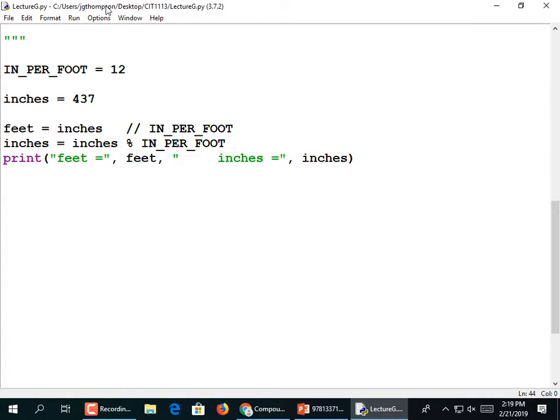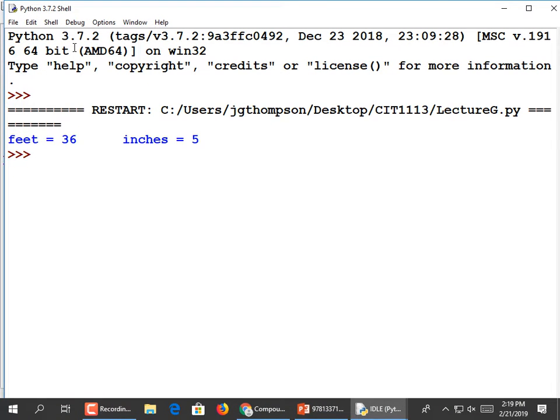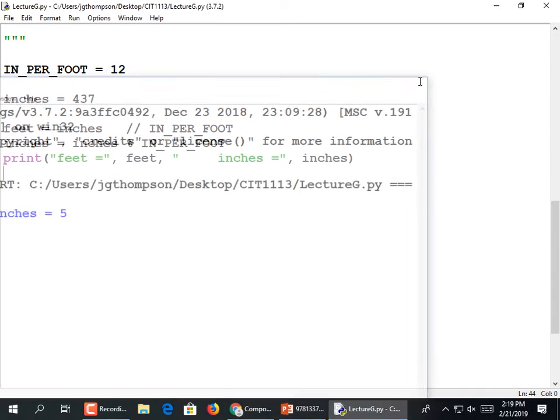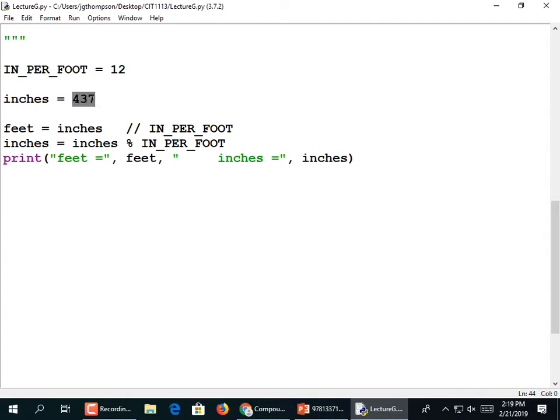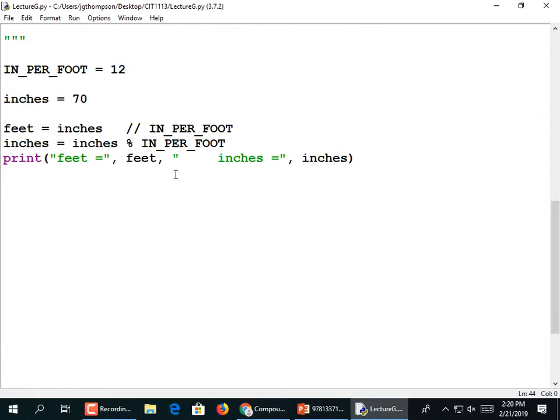Now we find out what 437 inches is in feet. 36 feet, 5 inches. If you happen to know your height in inches, just fill that in. I'm going to pretend that I'm 70 inches tall. I have no idea. Maybe right. That's about right. Right for me. Seems to be working. So, you can use floor division and modulus to convert